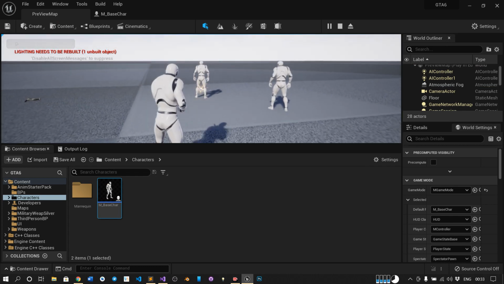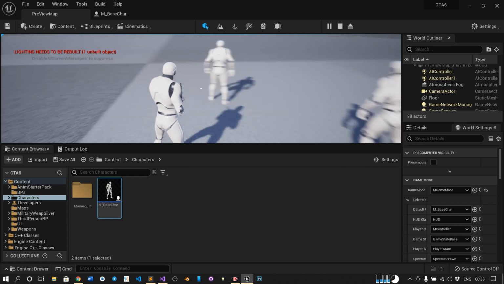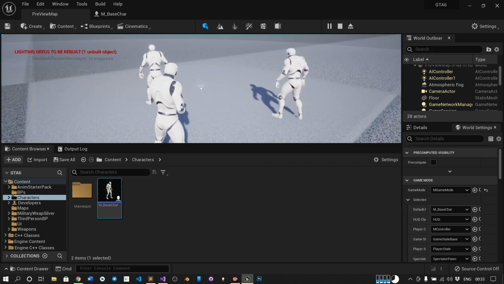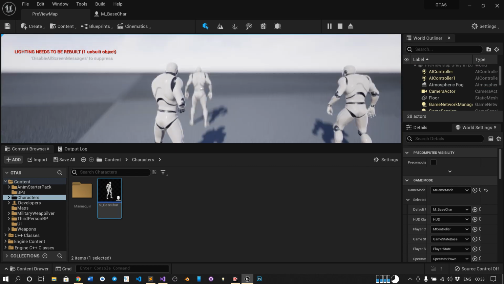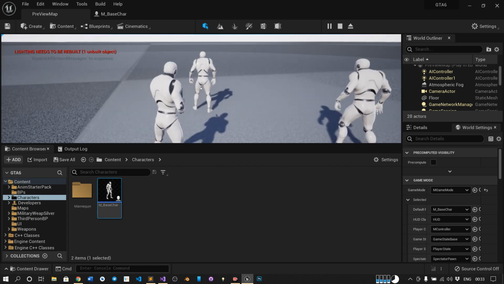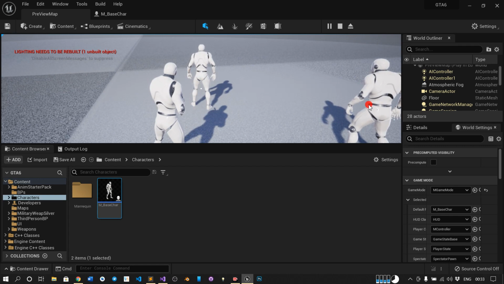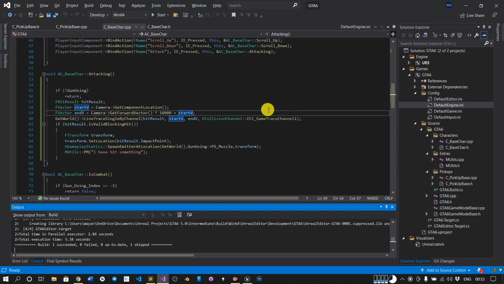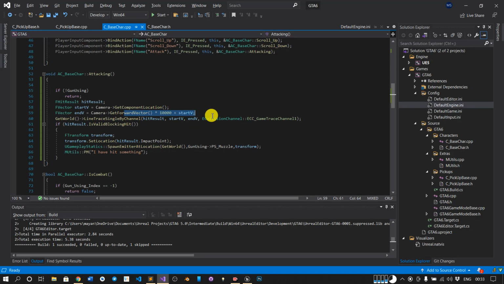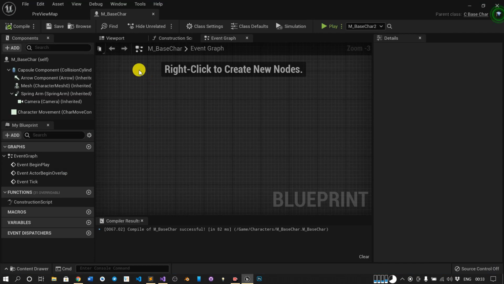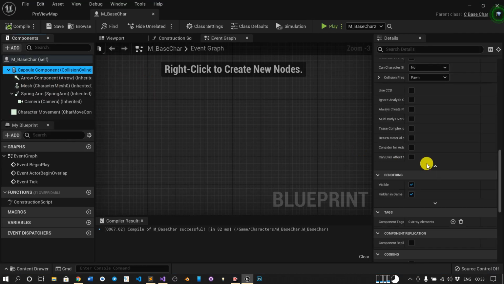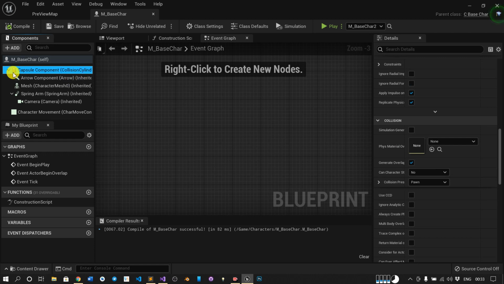See, if you look carefully here, it is not reaching the floor. If I try to hit them between the legs, they are in the middle of the air. Why? Because this line trace is hitting this capsule component. So we want to ignore that capsule component.